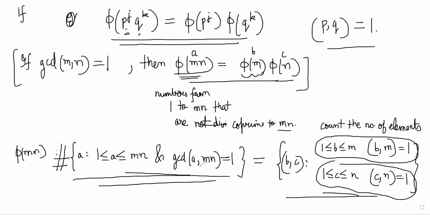It will be enough if we can show a one-to-one correspondence. Basically, if one element of this can be assigned to one pair here, then the number of elements in the sets has to match. So we want to take one integer in the first set and send it to some pair B, C in the second set, where